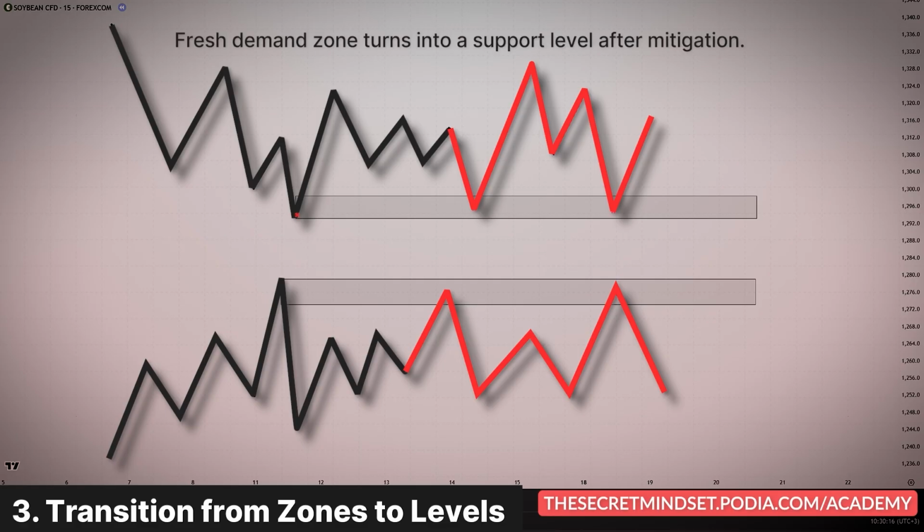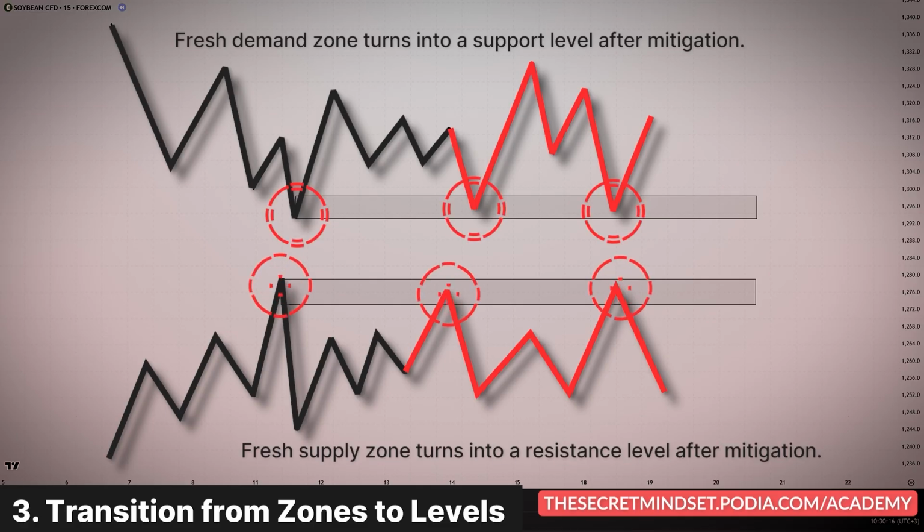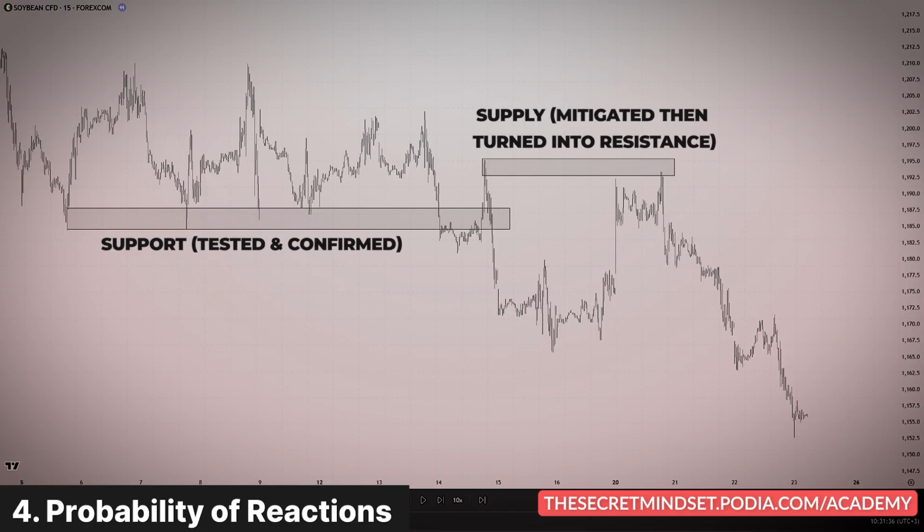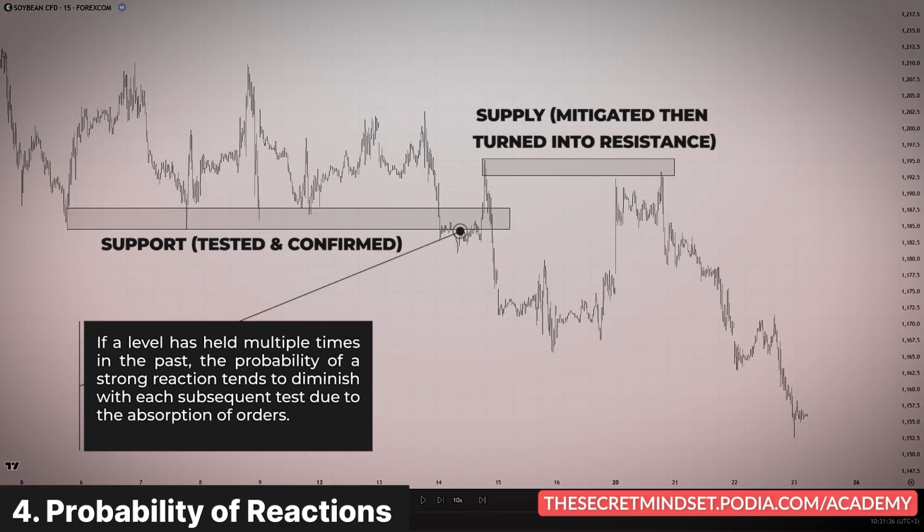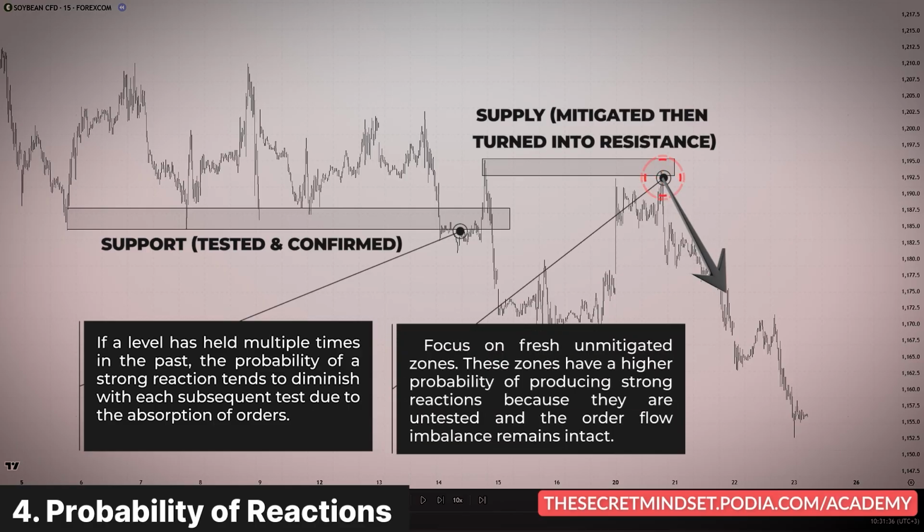Once a fresh demand zone gets tested and holds, it then becomes an established support level. The same goes for supply zones. They become resistance after they've been touched. So while trading support and resistance can certainly be effective, especially if a level has proven itself multiple times in the past, the probability of a reaction tends to diminish with each subsequent test. This is why you should focus on fresh zones, where the initial imbalance between buyers and sellers is likely to